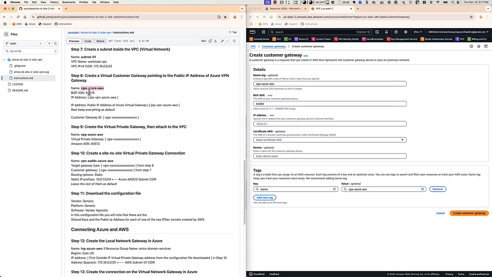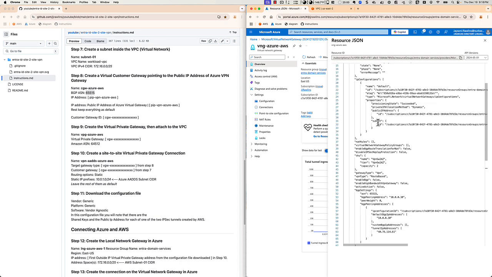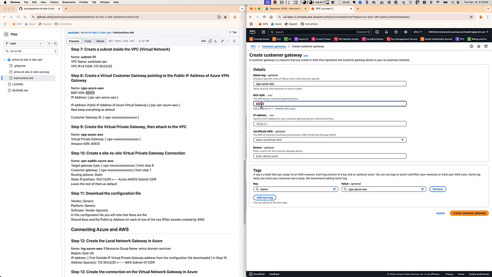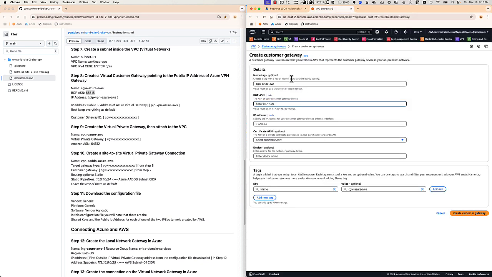I like to add the BGP ASN number that's in the JSON that comes with the resource JSON for our virtual network gateway. I do that mostly out of habit. You don't need to do that for this, but if you ever change your mind and you want to use border gateway protocol, you'll be able to. You won't have to destroy your